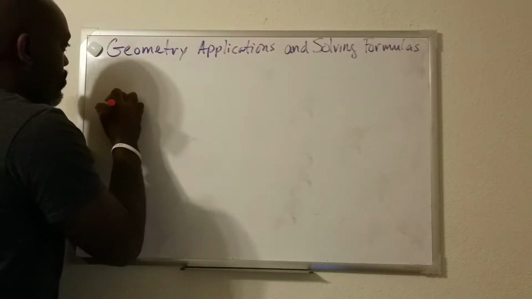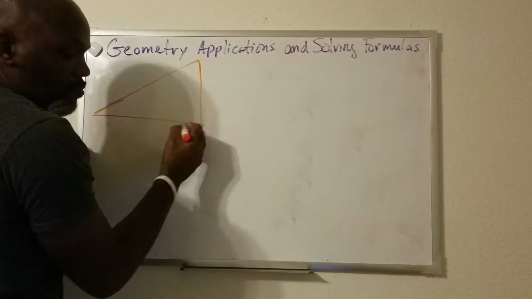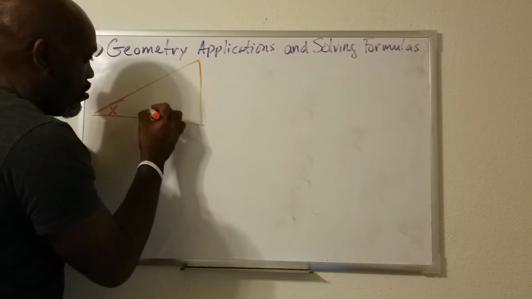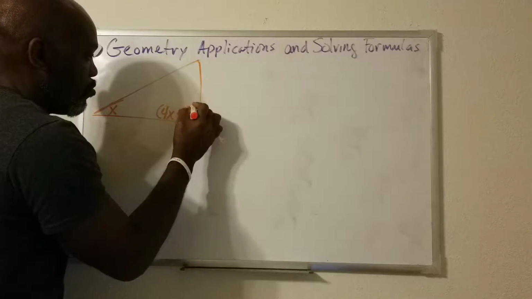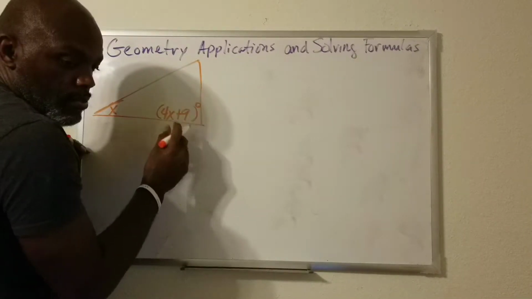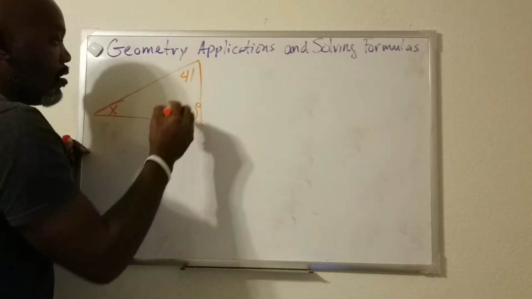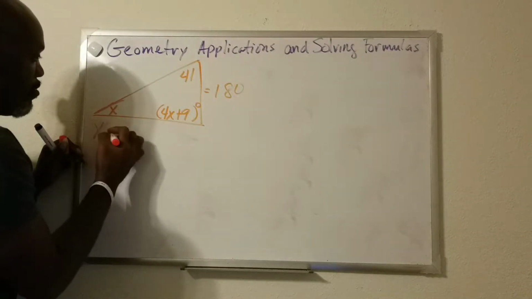All right. So the measure inside the triangle is 100. That's just degrees. 180 degrees. So if we add all of these up,